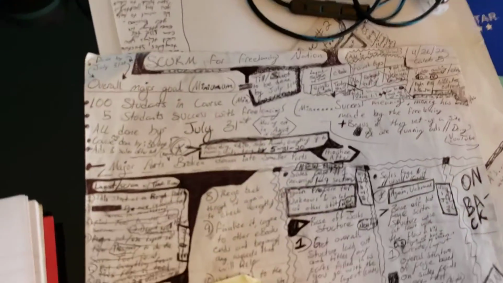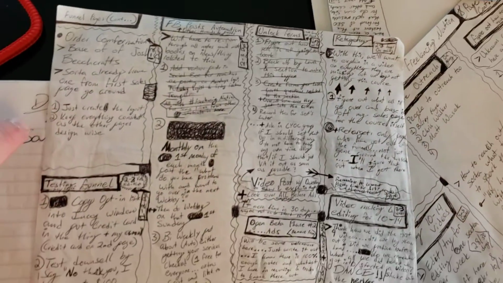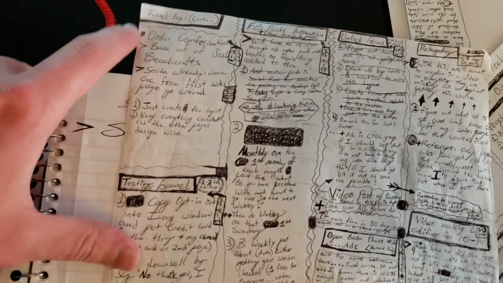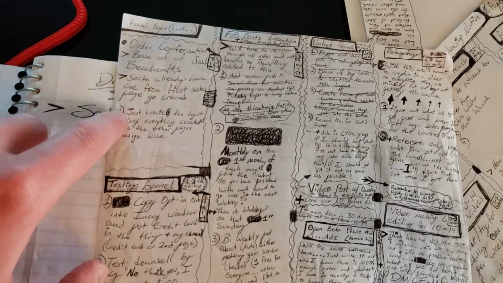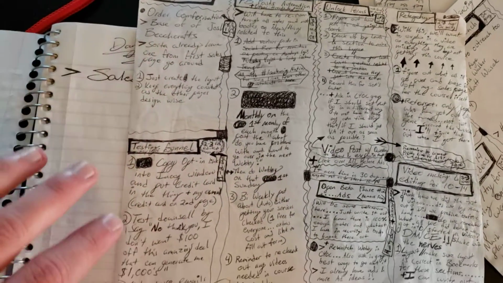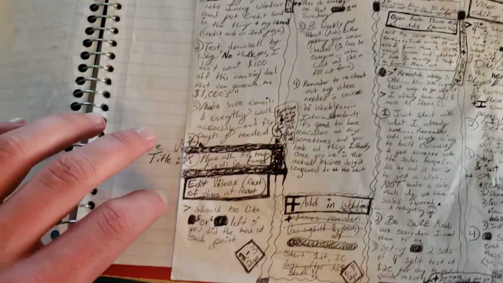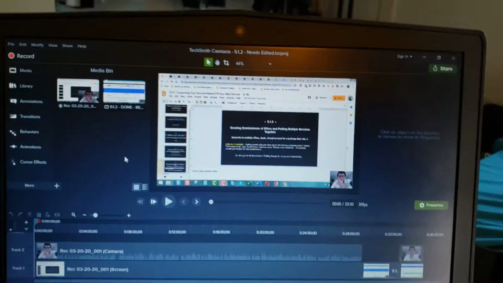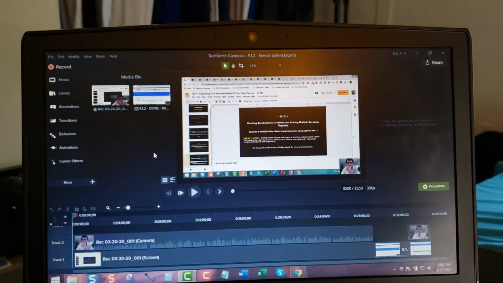Anyways, with that being said, that's where I'm at right now, and I'm pretty much done with just about everything. I've got the funnel pages done. I just haven't crossed them out here. I just have to redo a little bit more on those. Also, my videos, that's the last one I'm editing right here. This is sections 1 through 9, I believe, and then 10 through 14 I'll do after I start to run ads. That's literally the last one I have to do.